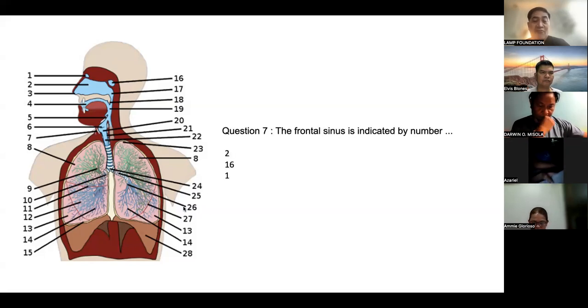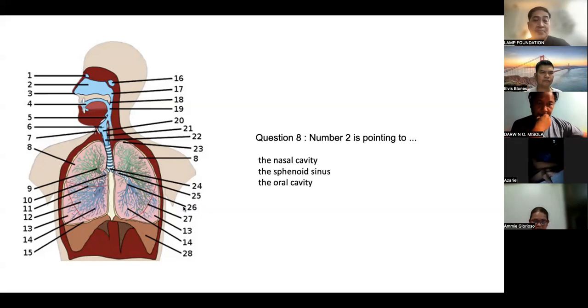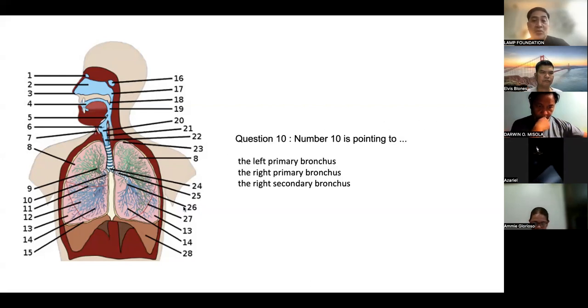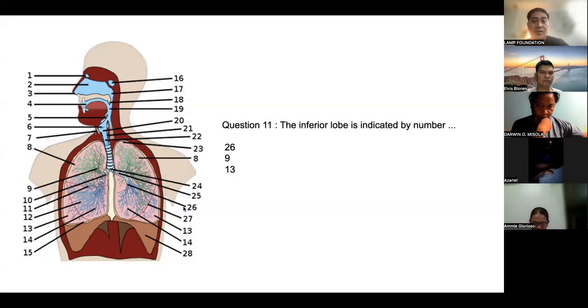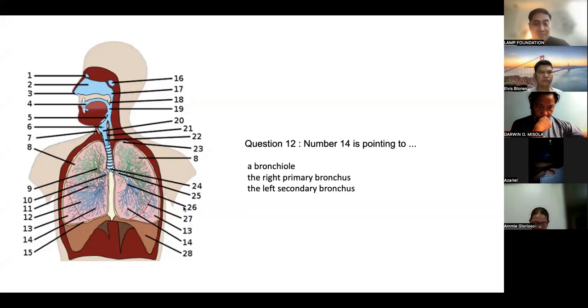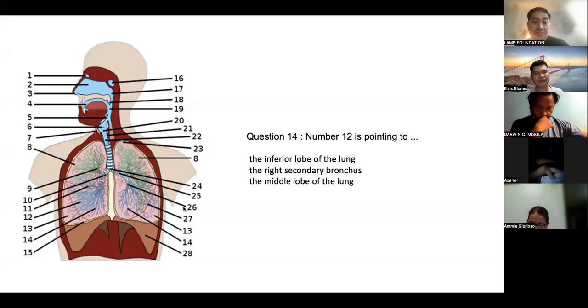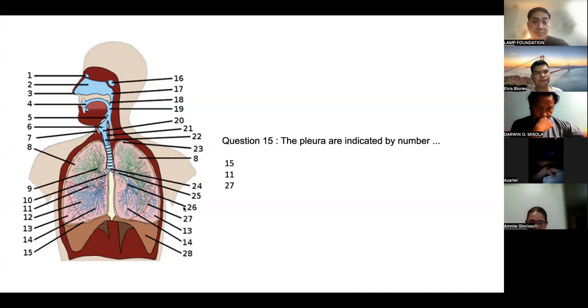Vocal fold. The frontal sinus is pointing to number 1. Number 2 is pointing to nasal cavity. The right secondary bronchus is indicated by number 9. Number 10 is pointing to right primary bronchus. Inferior lobe is indicated by number 13. Number 14 is pointing to bronchiole. The horizontal fissure is indicated by number 11. Number 12 is pointing to middle lobe of the lung. The pleura are indicated by number